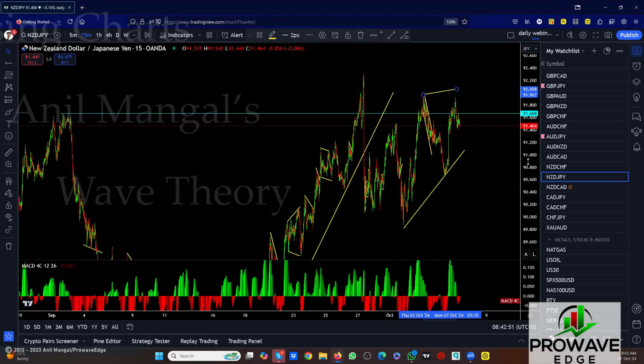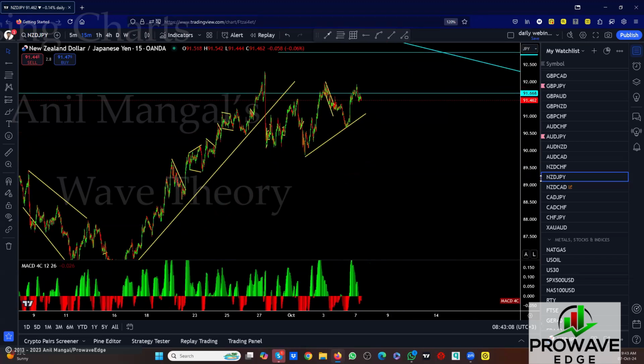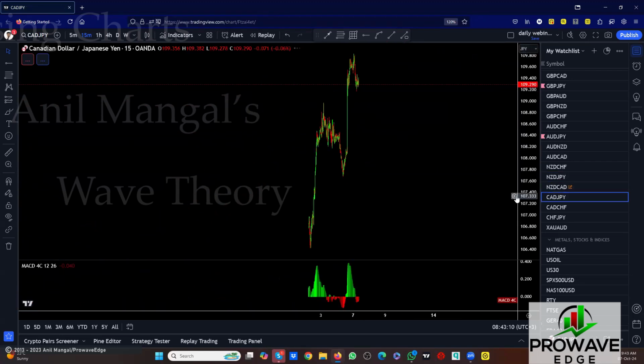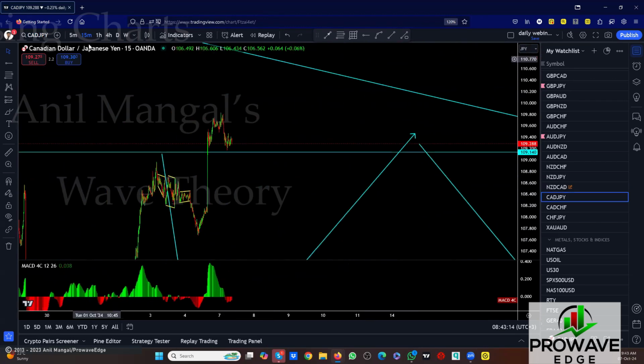We'll probably stay away from this for now, unless you get a really good sell setup. Because first, it didn't break that top, which is a kind of warning sign. The second thing is we're not sure which part to put which. If this one is one of its own, then this could just come here and go back up. So we'll keep an eye on how this develops, and then we'll decide. Carry on.